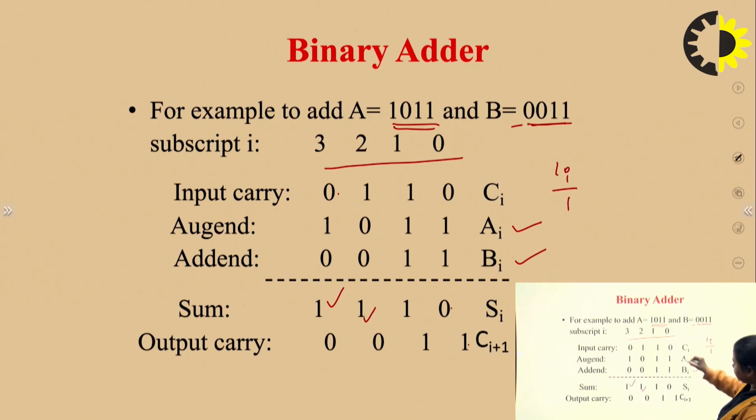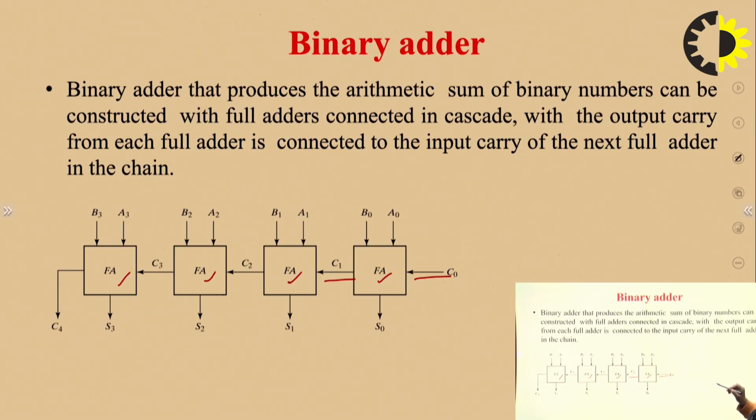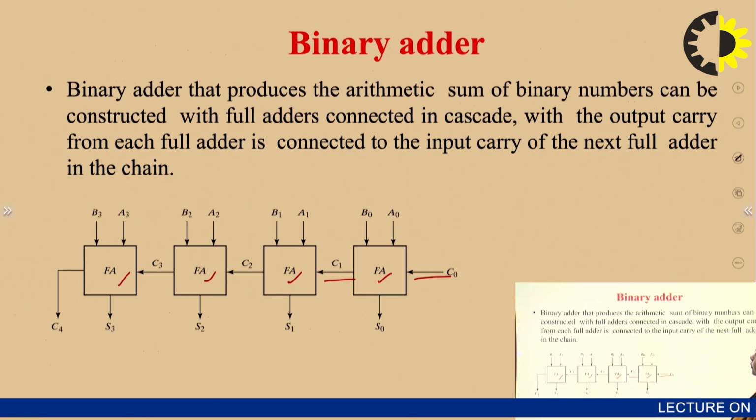Consider that this whole part is showing FA1, full adder 1, and the next one is showing full adder 2, right? So this is how you will create this binary adder. So I think this is clear to you. And finally it is fed to another full adder, and the last one is your carry C4, and whatever you are getting here is your S3. So this is about the binary adder.